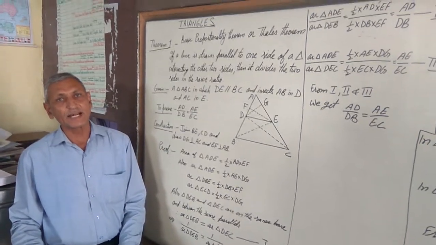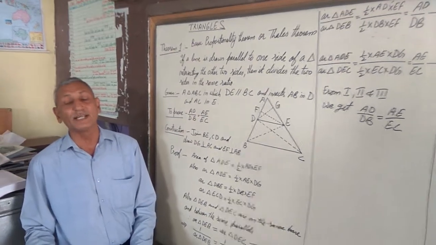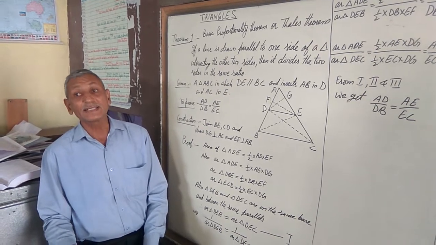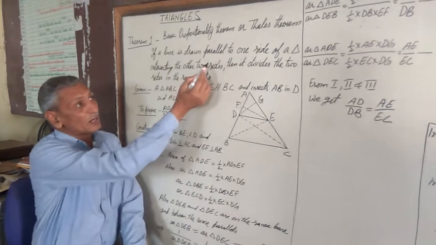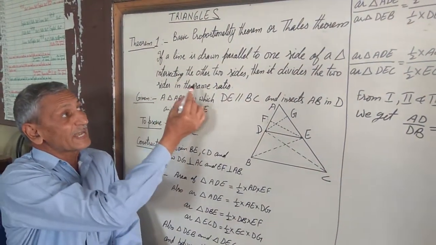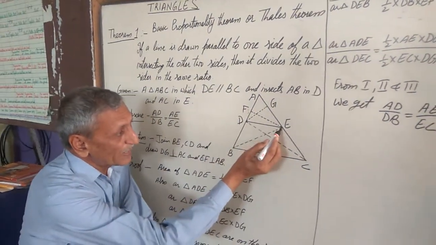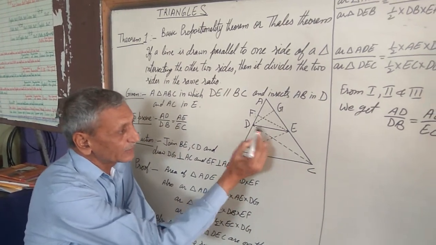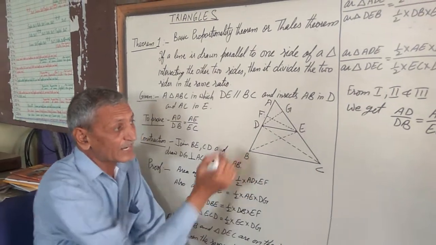We have already started triangles and today we shall be doing the basic proportionality theorem, which is also known as Thales theorem. Let's state the theorem first. If a line is drawn parallel to one side of a triangle intersecting the other two sides, then it divides the sides in the